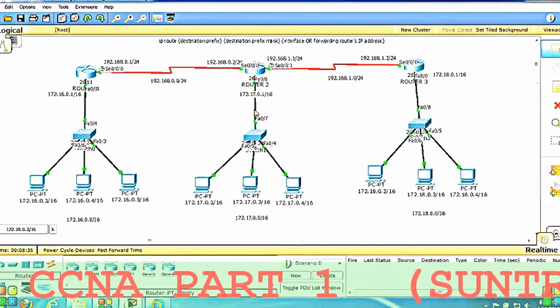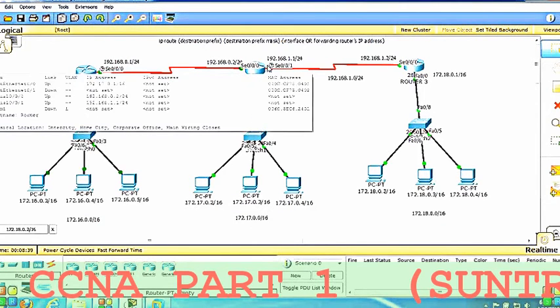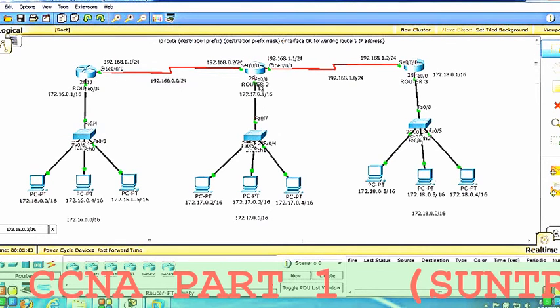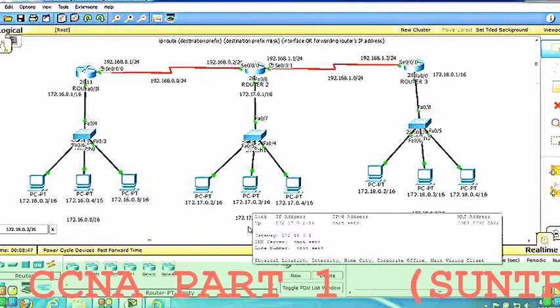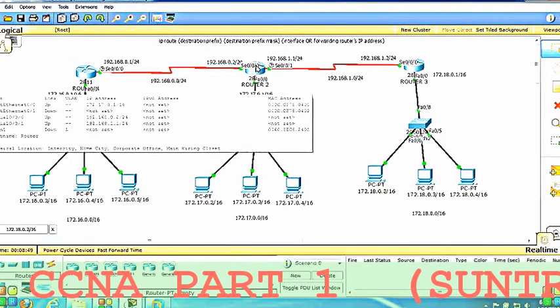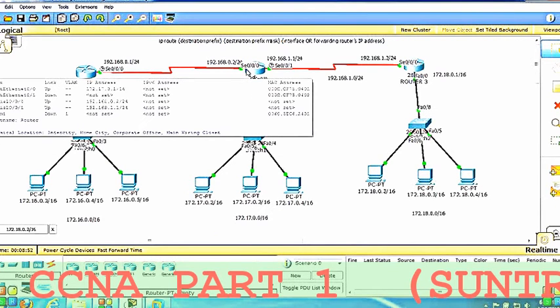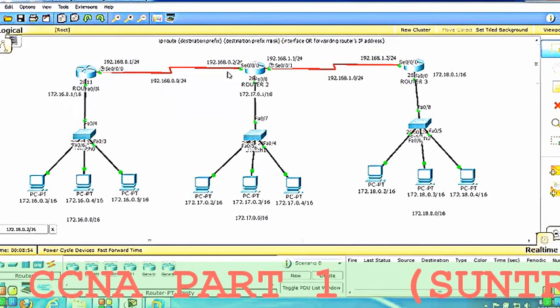I can provide the exit interface, or I can add a next hop. Next hop means if I want to communicate with 172.17.0.0, I have to go to the router's serial 0/0/0, so I have to provide the next hop IP address as 192.168.0.2.